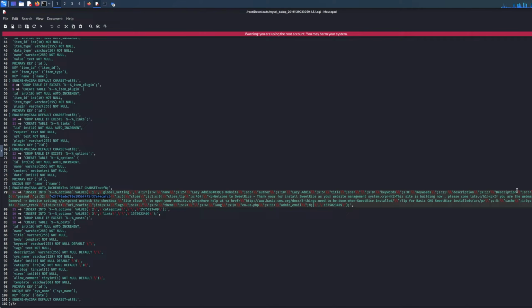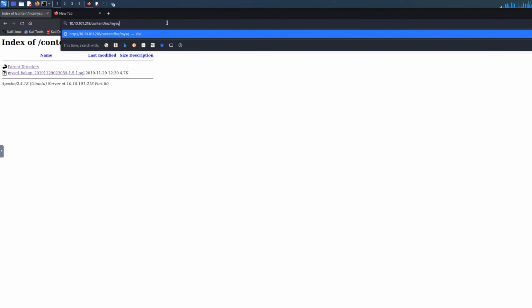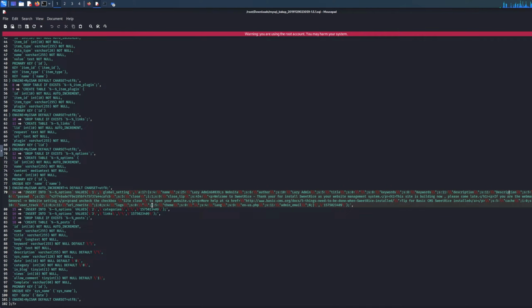So if you use this information, admin or manager, right, we're going to take manager and copy it and put it on the website. And we're going to go back to content/AS, and we're going to go to account, paste, and go back to the file. And what we're going to get is the hash,